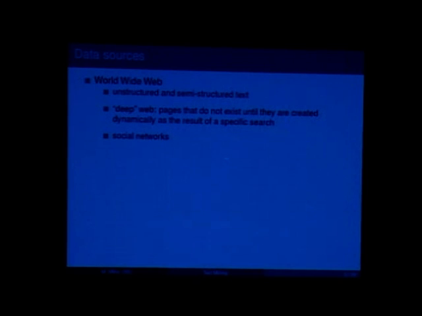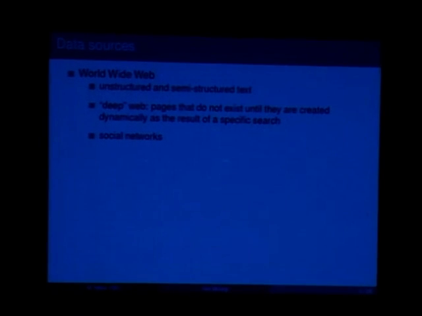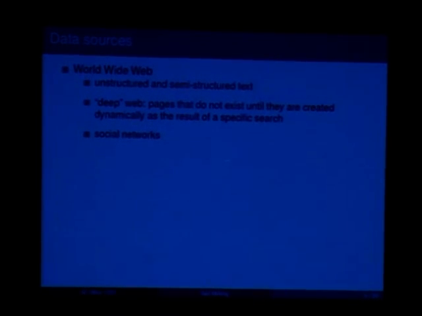So part of it is the traditional web, the way it's been for the last 20 years or so. That's static web pages, mostly having unstructured text. You also have some semi-structured text, and I think that ties in fairly well with what's traditionally called the deep web. So what's the deep web? If I say it's not stuff that's available on the surface, that's not saying very much, but basically the idea is,